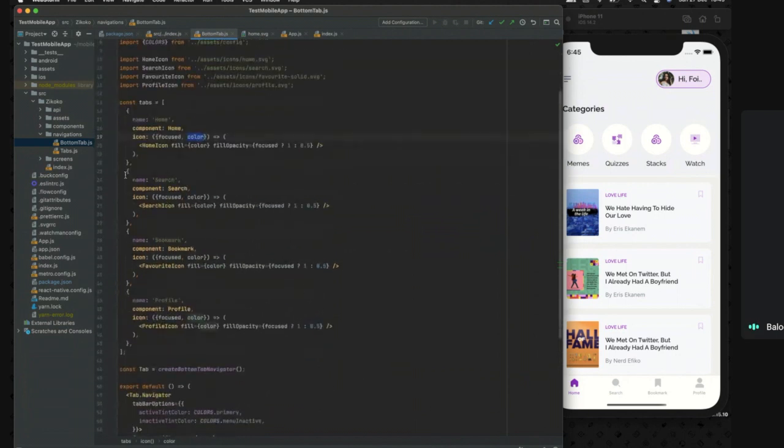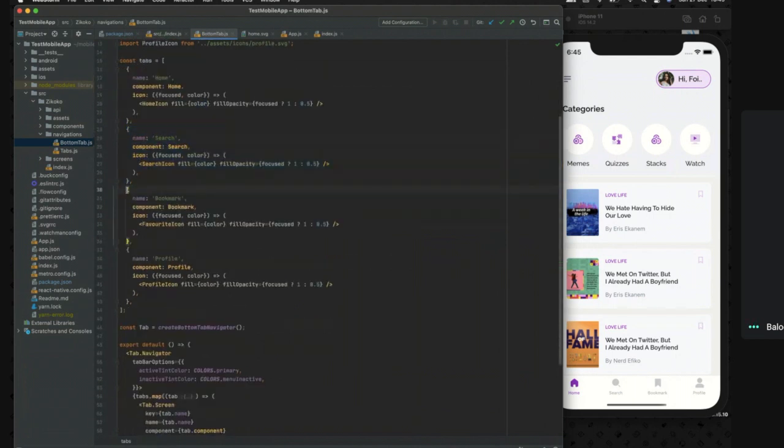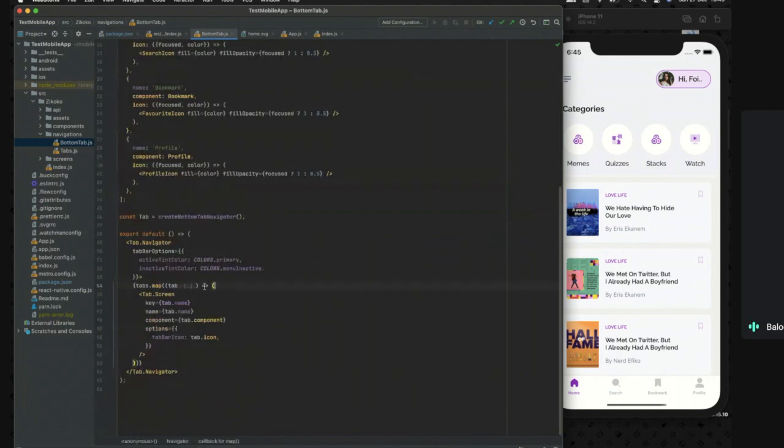So I repeated the same thing for the rest of the screens. And then here I loop through the array and set the name of the current screen. I set the key, because while looping through a component, you need to set the key for each component. And then I set the name, the component that should be rendered, and then I have the option here for tab icon. So this tab icon here is where we have this particular icon that returns a component that should